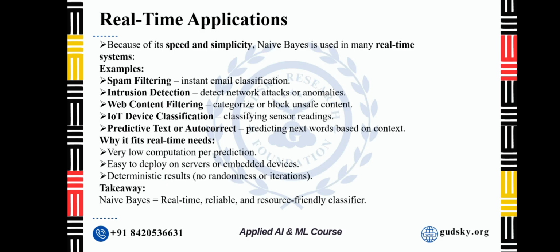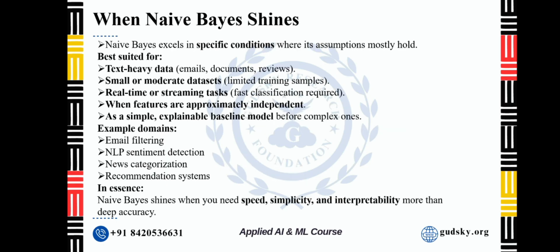The key reason it works so well in real time is that training is fast and straightforward, and predictions are almost instantaneous, just a few multiplications. This efficiency makes it ideal for high-throughput, low-latency environments, even on large datasets. Naive Bayes shines in text classification,